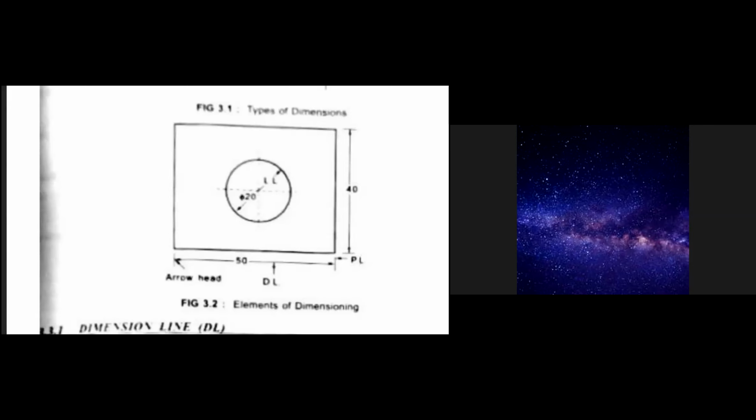thin continuous lines from the two ends of the constructing line, perpendicular to the constructing line. After that, we have to draw a dimension line, which is a thin continuous line parallel to the constructing line, and this can be drawn within the projecting lines. Next, we can write the dimension of that line, that is the numerical value. You can write it above the dimension line, according to the system.